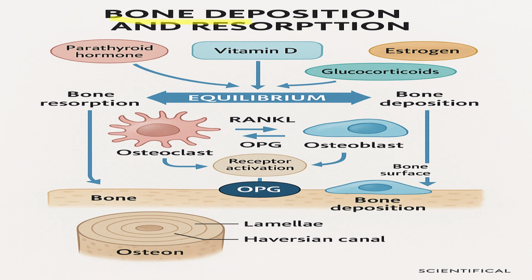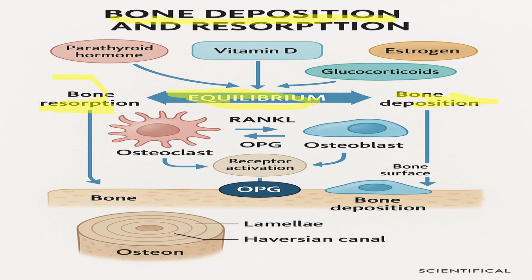So this diagram of bone deposition and resorption illustrates the hormonal regulation and cellular mechanisms involved in maintaining bone health and structure through a balance between bone formation and breakdown. At the center is the concept of equilibrium between bone deposition, that is formation of the bone by osteoblasts, and bone resorption, that is the breakdown of the bone